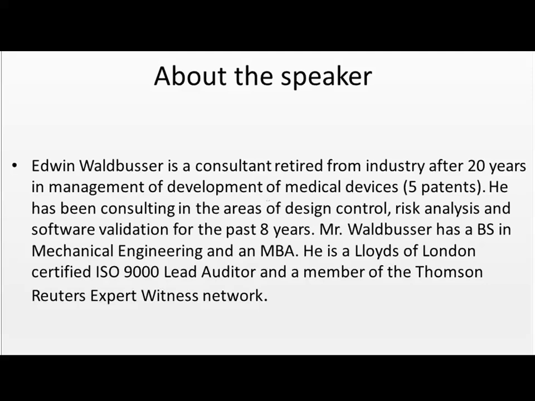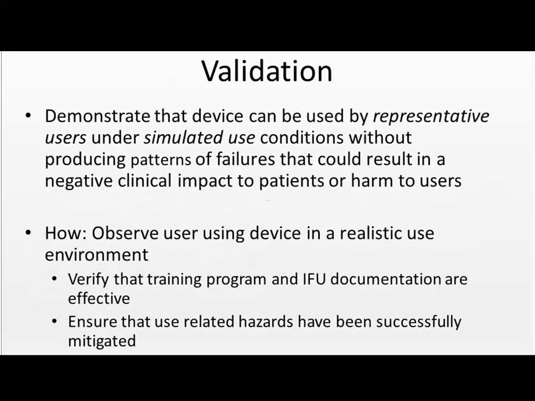Human factors validation, unlike an engineering validation, is a qualitative validation. The FDA feels, and ISO feels, that trying to create numbers, quantitative acceptance conditions, is unrealistic. Using numbers is arbitrary. If you say 80% were successful, what really does that mean? So what the FDA and ISO want in terms of validation